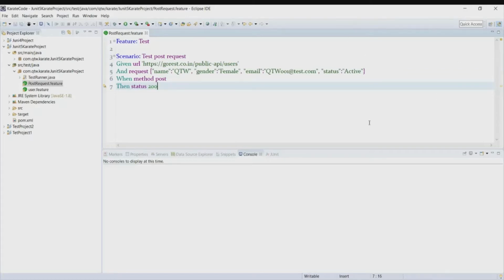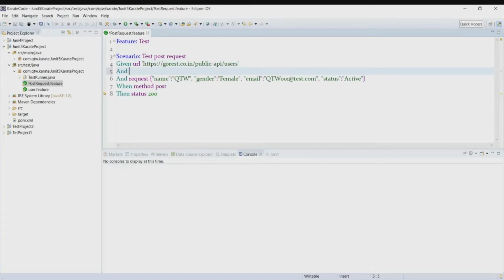Now this is also using authorization, so we need to pass that into the header: header Authorization. We need to pass the bearer token and need to add the token.